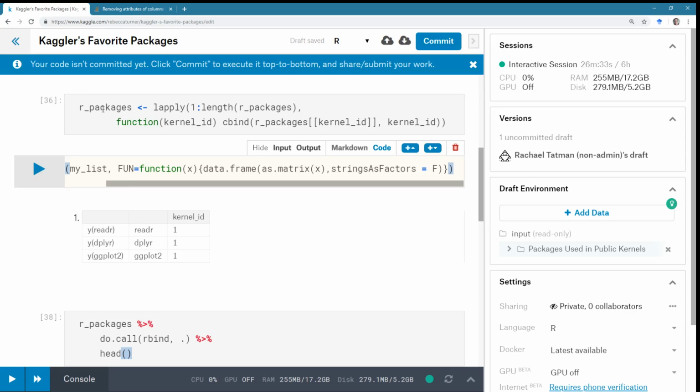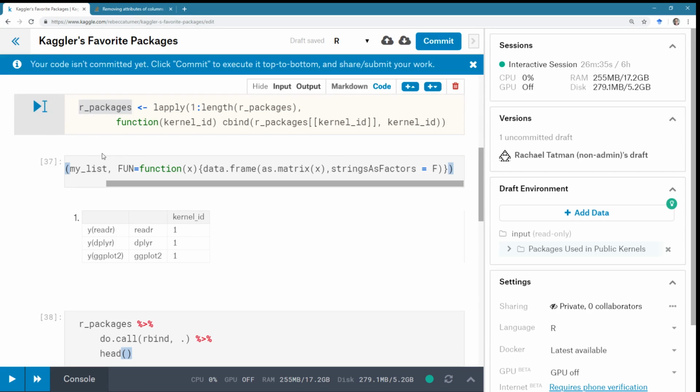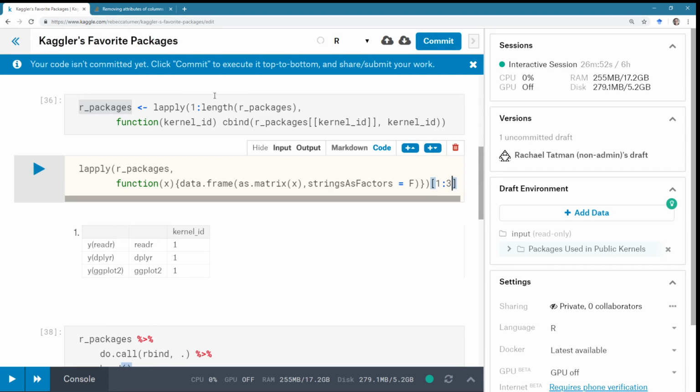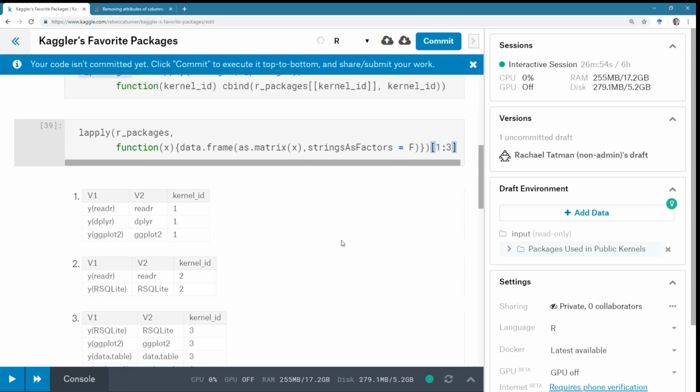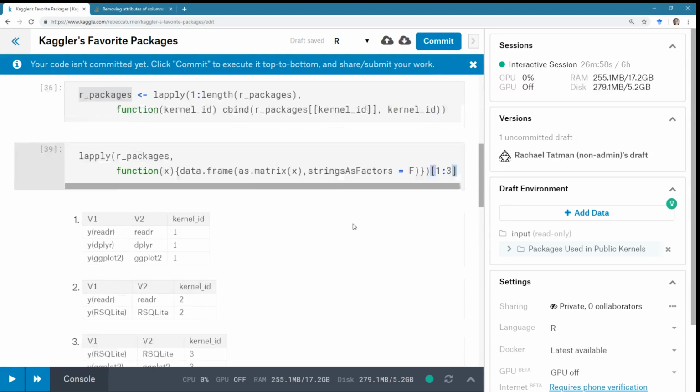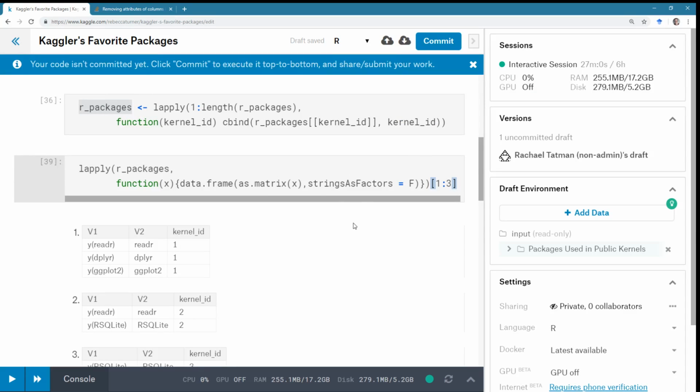So what this would look like is we're gonna do it on our packages. I'm gonna bump the function, which I think I can just get rid of because it's clear what it is. And I think this should work. And actually, let's just look at the first 3 like we've been doing. Take a peek. Huh. That just might work.